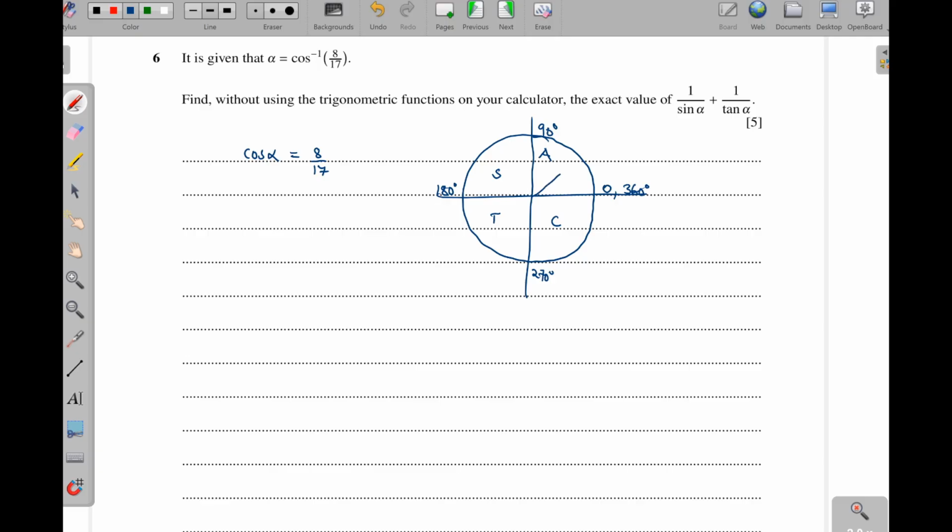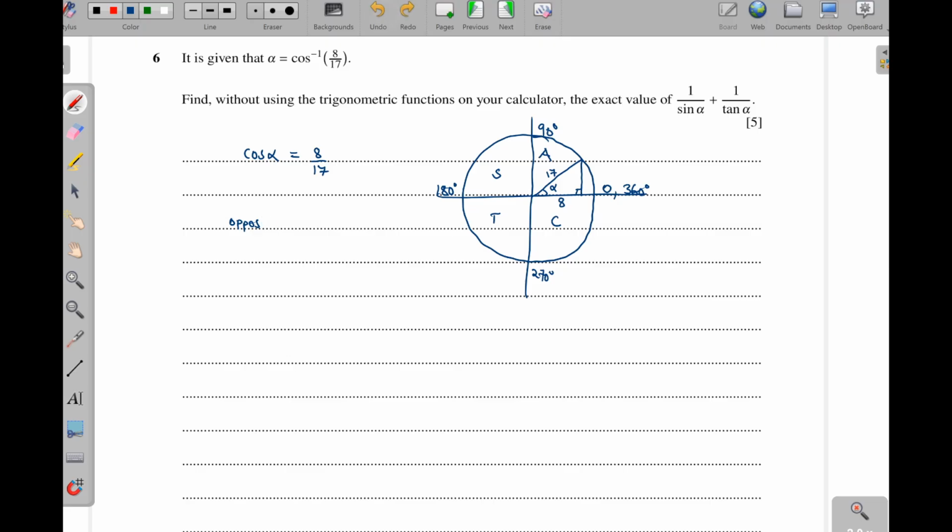Then this one here, then here. Cos is adjacent over hypotenuse, so we are using SOHCAHTOA. Now we need to get this opposite here, okay? So the opposite